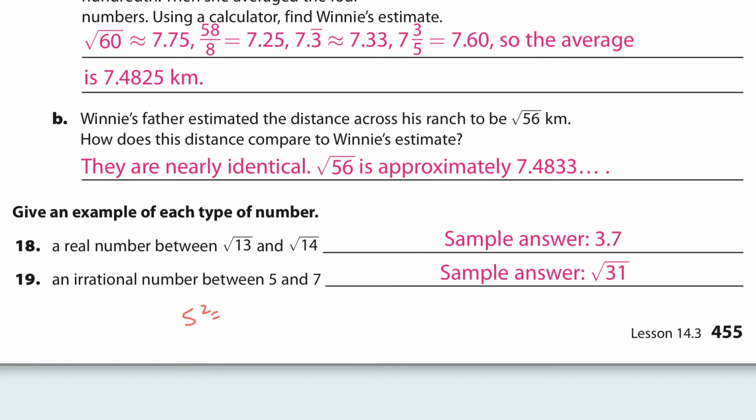5 squared is 25 and 7 squared is 49, and so I would pick like the square root of 26 or the square root of 27 or the square root of 28 or the square root of 29, right? Or the square root of 30, or they chose the square root of 31. But I would not pick the square root of